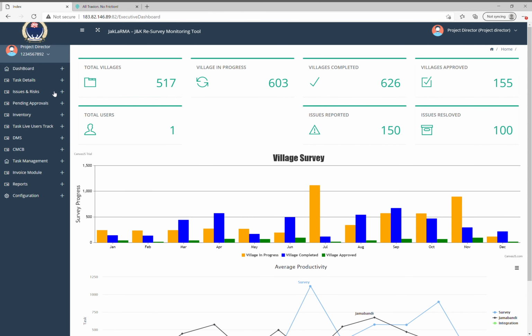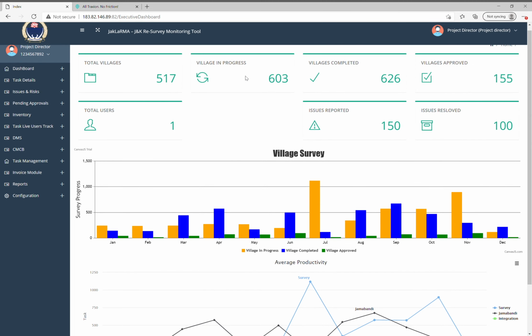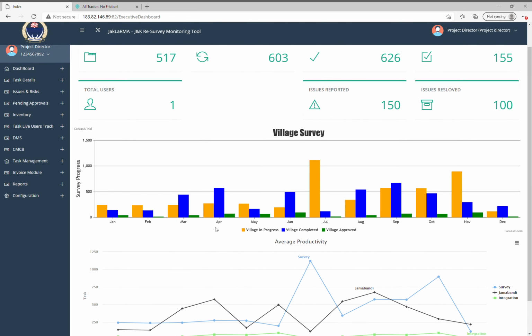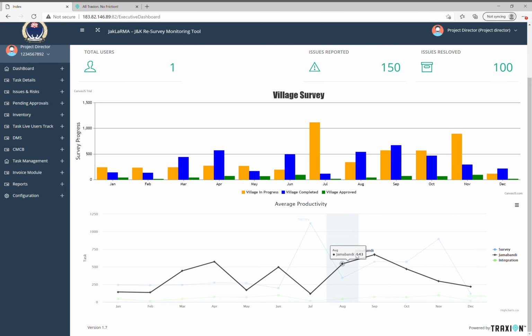Similarly, if you go to the executive dashboard, we get an even broader look at what's happening across all of these activities and across the whole territory. We have some numbers here. These are dummy numbers, which will be replaced by real numbers when the project gets implemented. You can have various kinds of charts here. These are just a couple of the charts that we have put in here, and these can be modified as well. So you can track them against real numbers, track them against targets and so forth of various activities here: survey, Jamabandi, integration, and so forth.